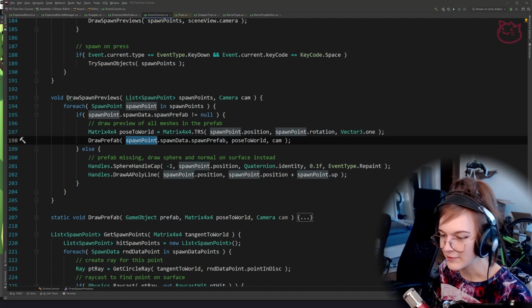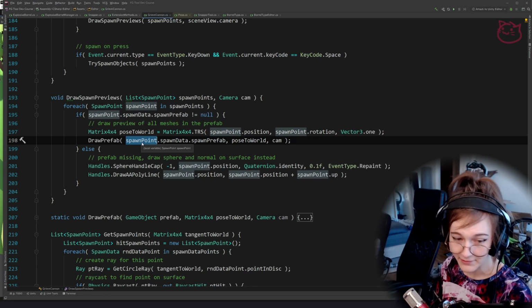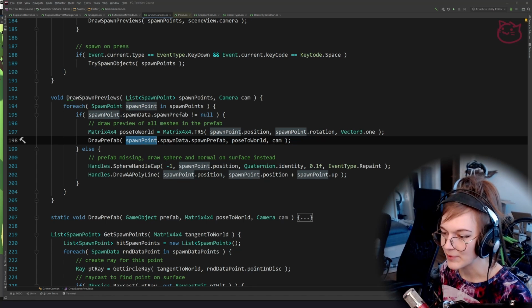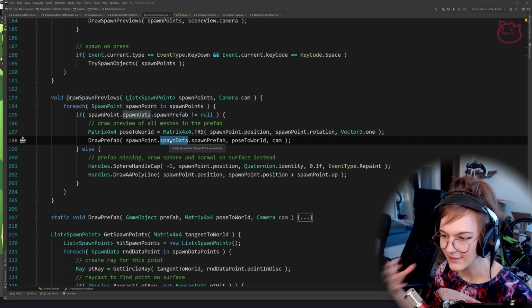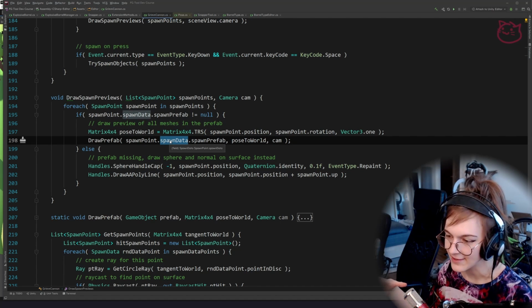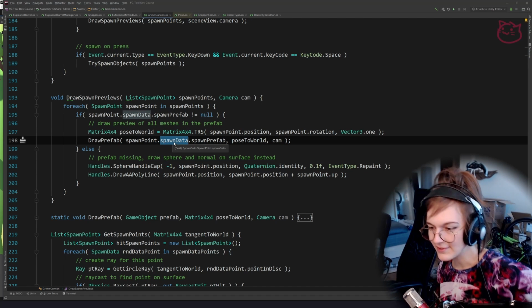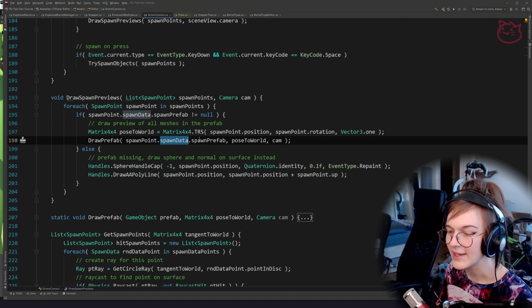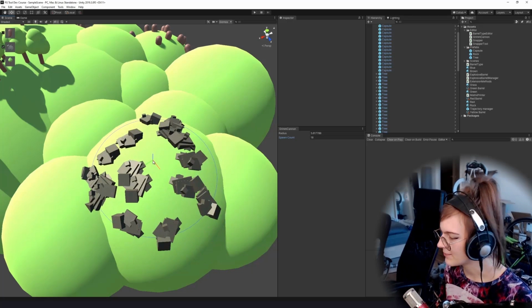But remember that the spawn point is the calculated point that we find in the world, exactly where we want to place it, and with what rotation, right? The spawn data is the input data for how to calculate that position and how to generate that. So this one kind of contains the metadata of the spawn point, right? And that one contains what prefab to spawn there. So if we go back,